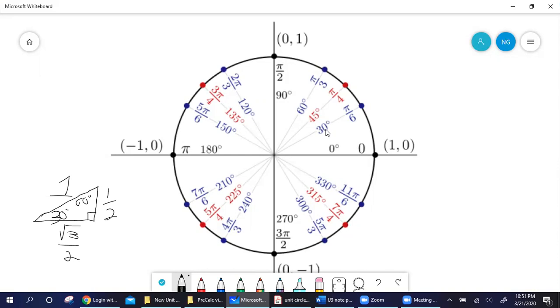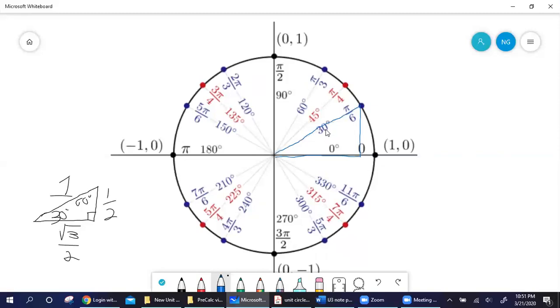So essentially what I have here is the 30, 60, 90 right triangle, but where it is locked into the unit circle. So what the heck am I saying here? I wouldn't draw this on yours because you're going to be drawing a whole lot of triangles and erasing, but if I draw